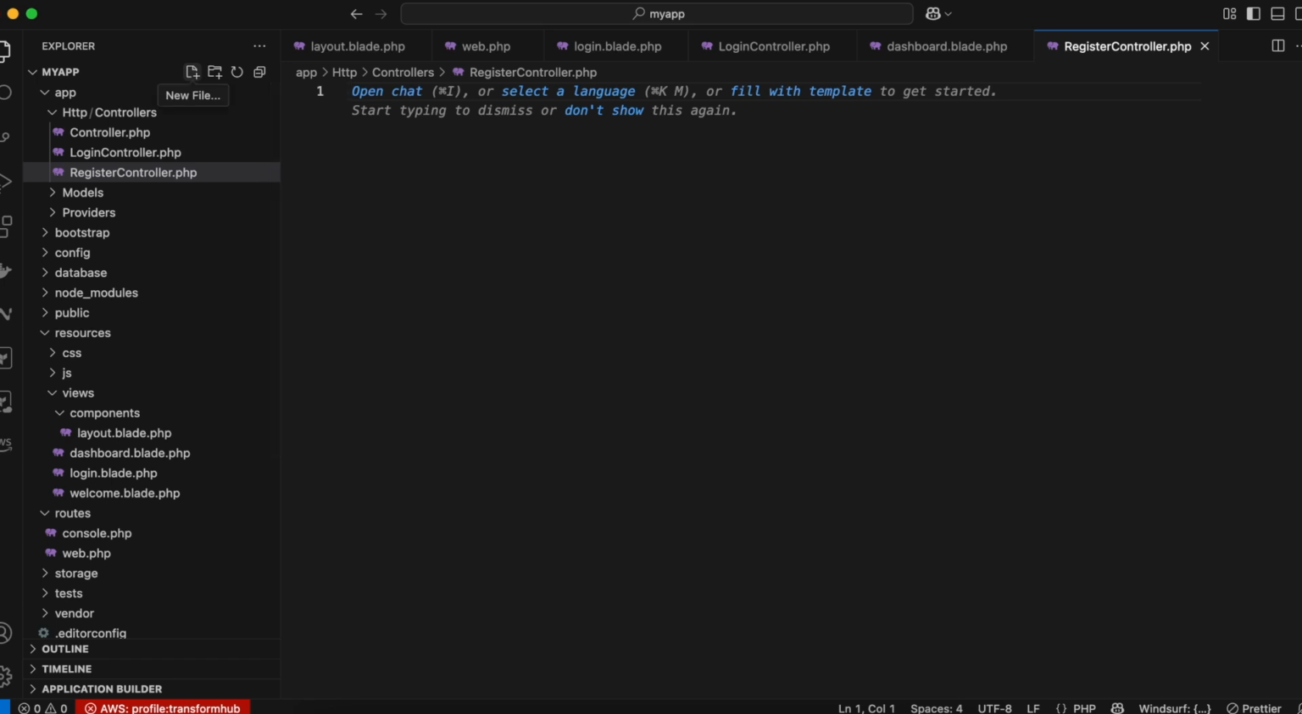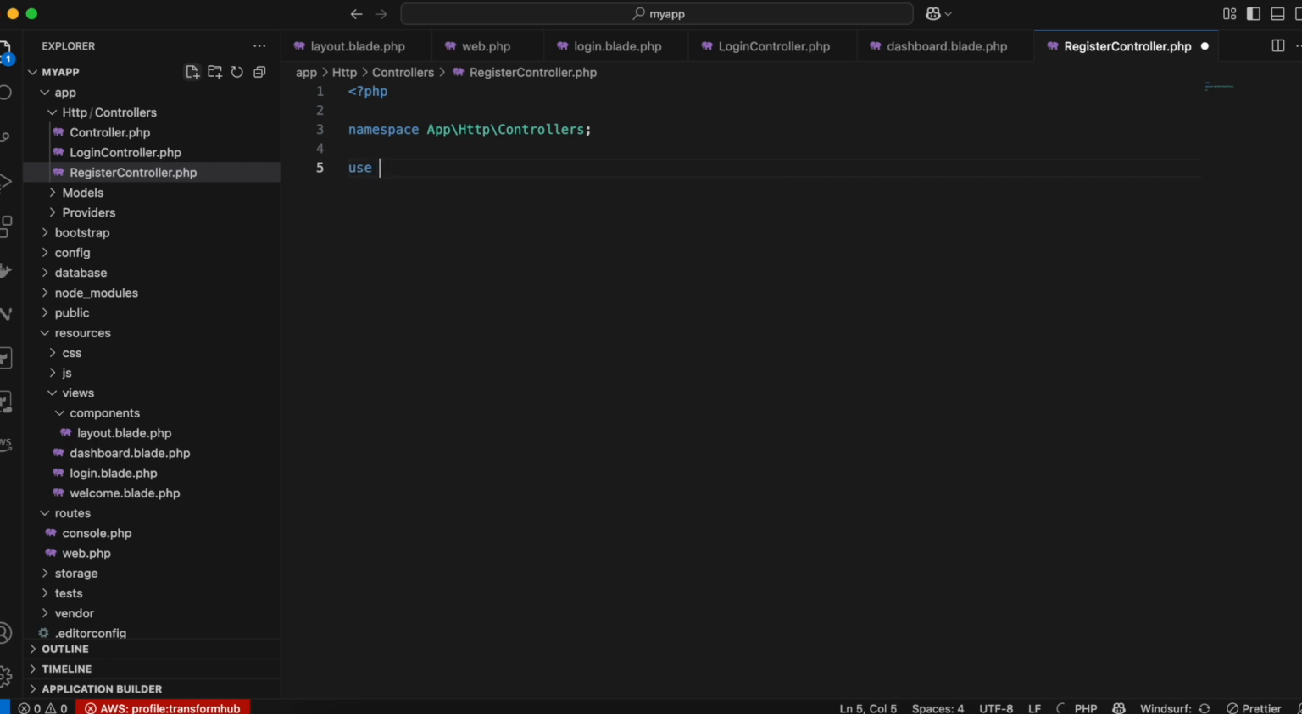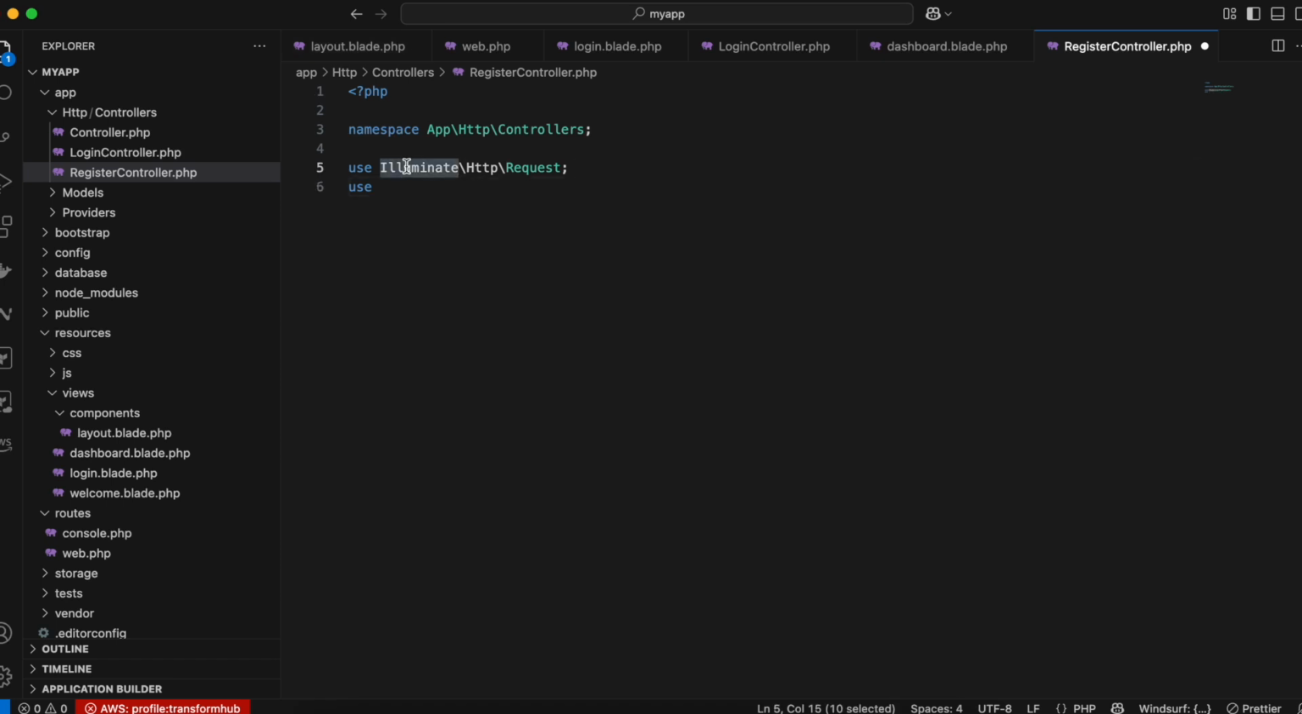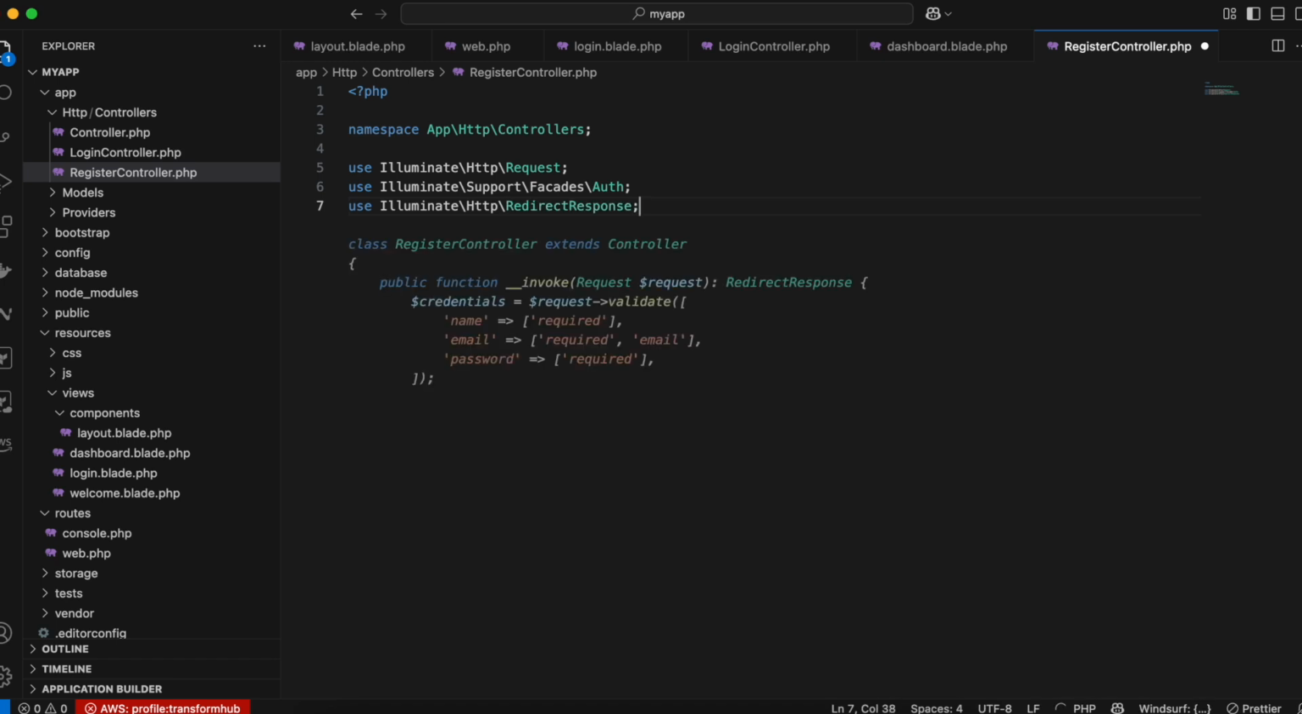controller.php. Inside this again I'll just do question mark php, and here first again we need to define the namespace. So app http controllers, then we just use illuminate http request, then use illuminate support facades, not hash, I want auth. Okay, and here also I don't want this, instead I want illuminate http redirect response. Okay, then here we just create a class register controller